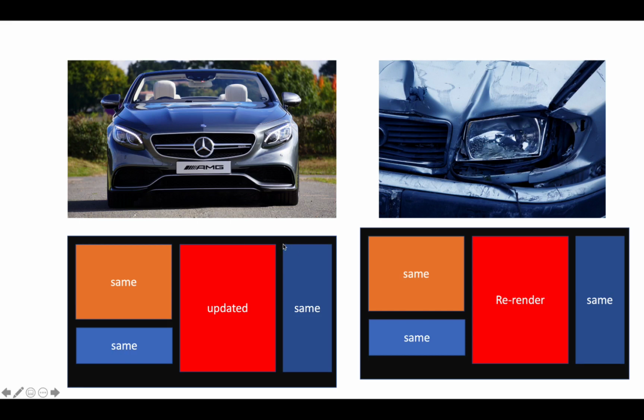So in case of virtual DOM that React relies on, it basically re-renders only the part of your DOM which has updated, which is this red part. Other parts are not touched and left as it is. This makes the process of re-render very fast, and that's why React is faster, which is also why it is preferred. So this is it for this particular introductory video.